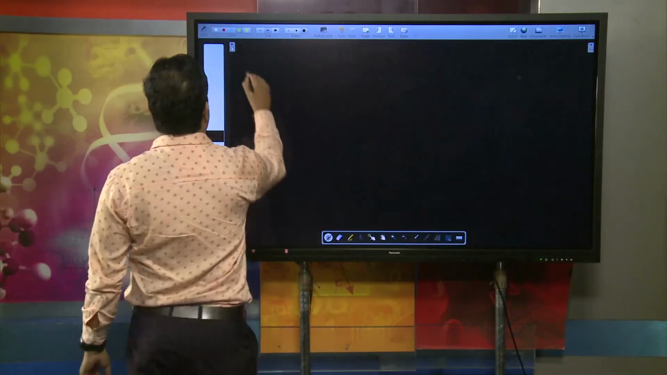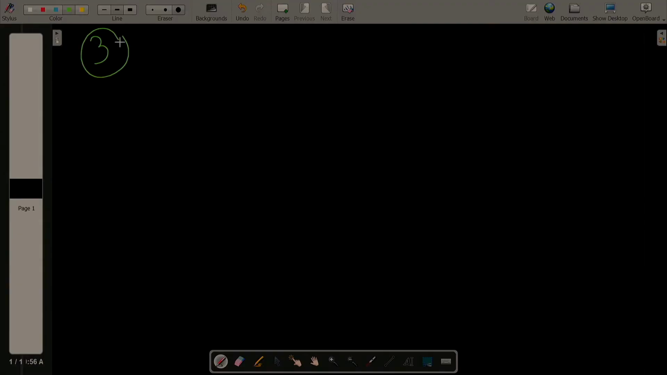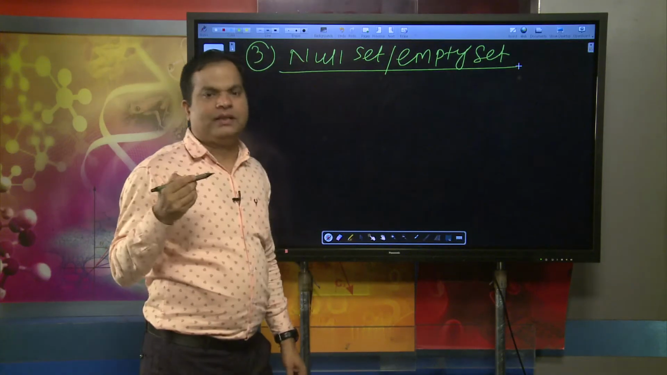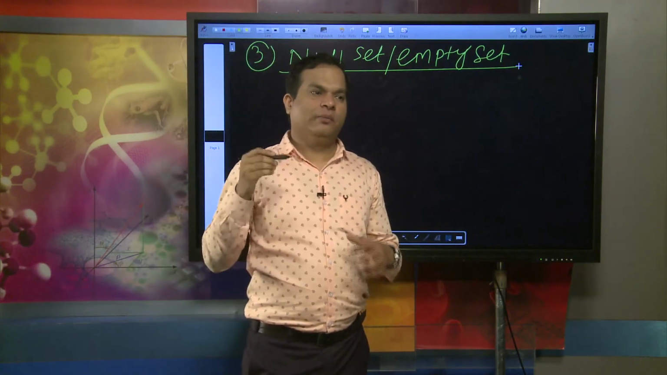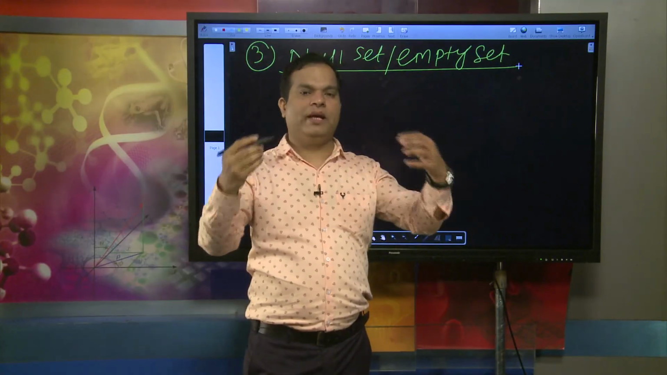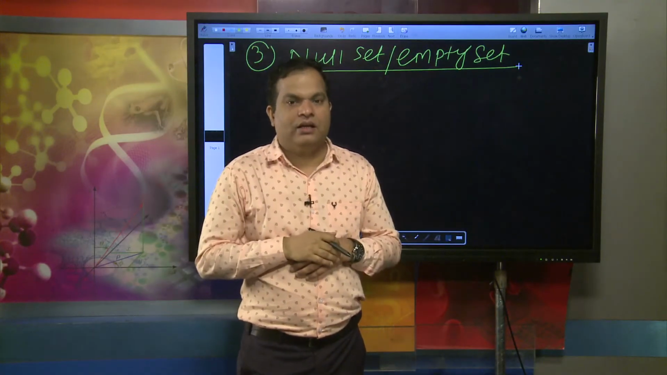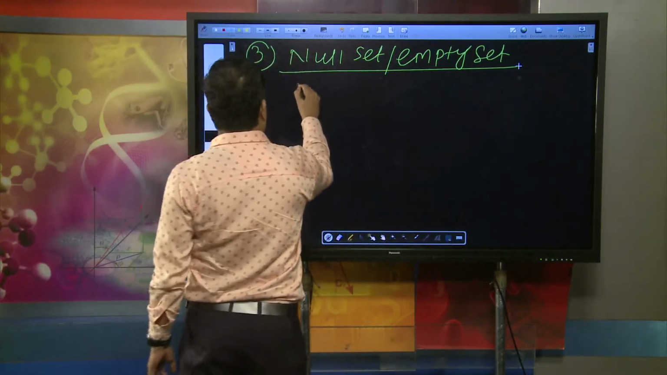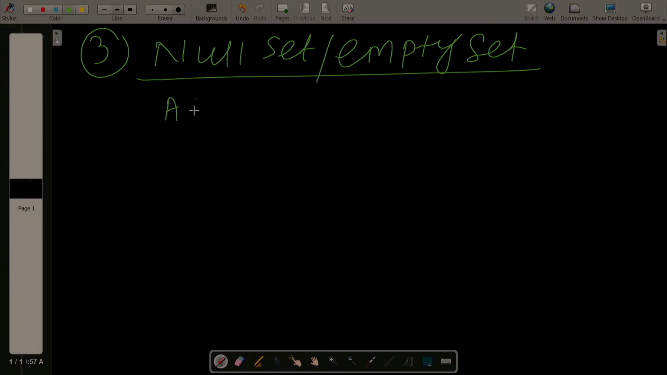Now we move to the third category of set, which is the null set, or sometimes the empty set. That means very simply, there is no possible element within the set. For example, suppose A is a set, and we write A = {x such that